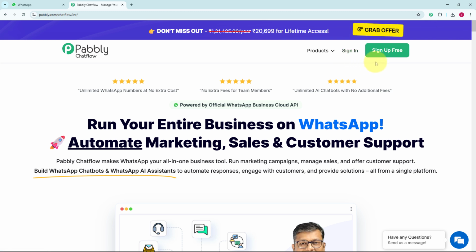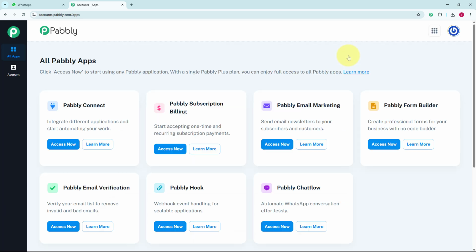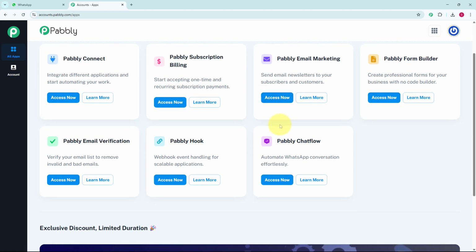If you are a new user, you can just click on sign up free, but if you are an existing user, you can click on sign in. But as I already have an account on Pabbly, I will just click on sign in. Once you finish your sign up, you will get this all Pabbly apps page, and here you can see these are the apps provided by Pabbly. You can access any of these apps according to your needs, but for creating a chatbot, we just need to access